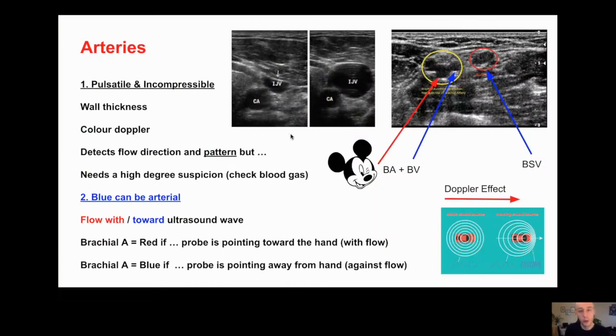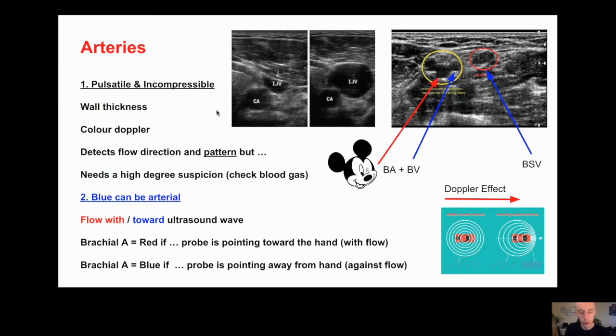Cool. So the most important thing is being able to differentiate between an artery and a vein. Now, this is a common medical school question, isn't it? Well, how can you differentiate between a vein and an artery? Essentially, it's compressibility and pulsatility. So here you can see an IJ which is compressing and the carotid isn't compressing. It's important to point out that